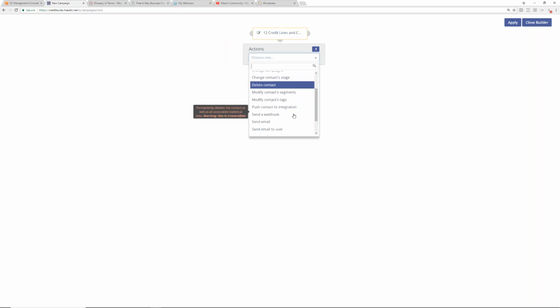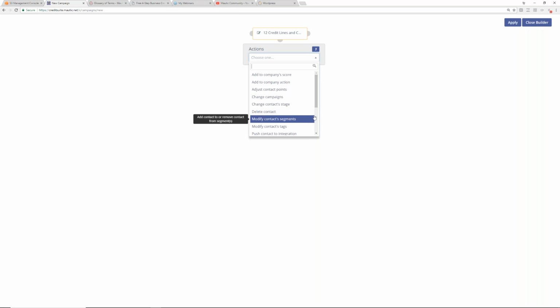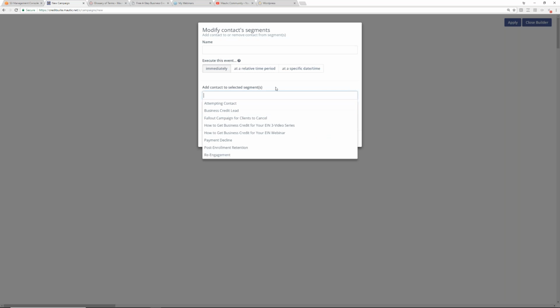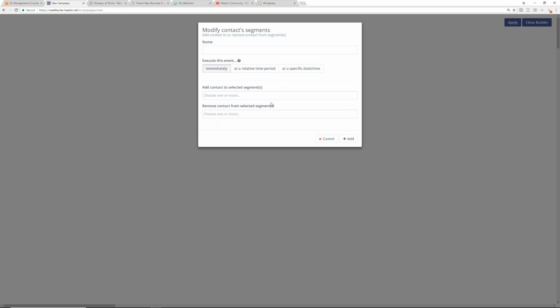Okay, so you can come in and do a lot of things. Now, in this case, this person started this campaign because of this web form. And remember, on the web form, we already chose that we wanted them to go into another segment, right? And we could choose segments by the web form. We could choose what happens here too. So if we want them to go into a contact segment, then again, we can choose to add them or subtract them from segments here,